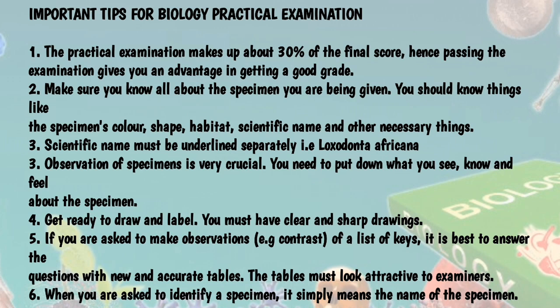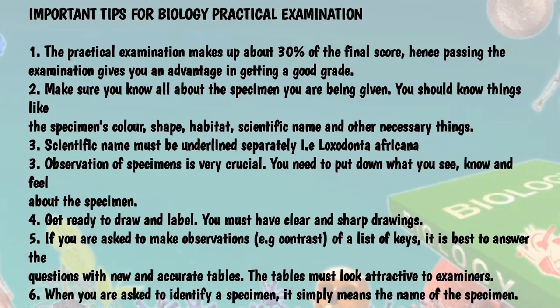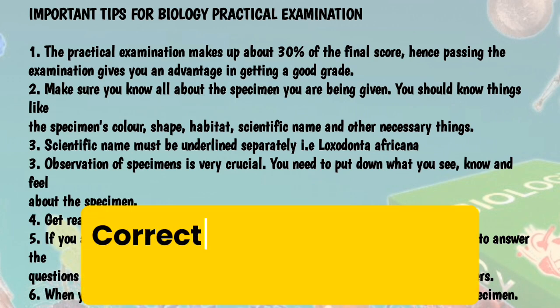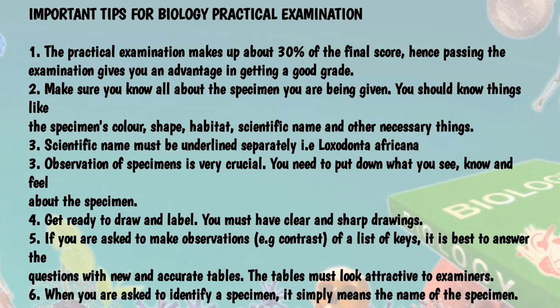And also, when using a table, try to be consistent on each line. Have a key for each line. What does this mean? Say you are told to differentiate between a grasshopper and a tilapia fish. On the first line you could talk about the habitat. You can say, okay, number 1, grasshoppers are land animals. That's under the column for grasshopper. Then for tilapia, an aquatic animal. Don't go and write under grasshopper, grasshopper feeds on herbs or plants,